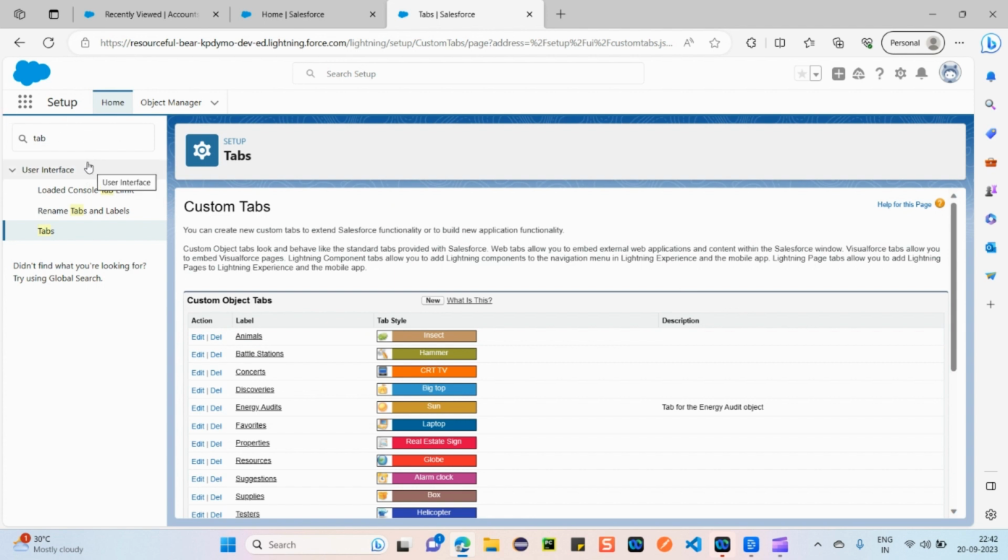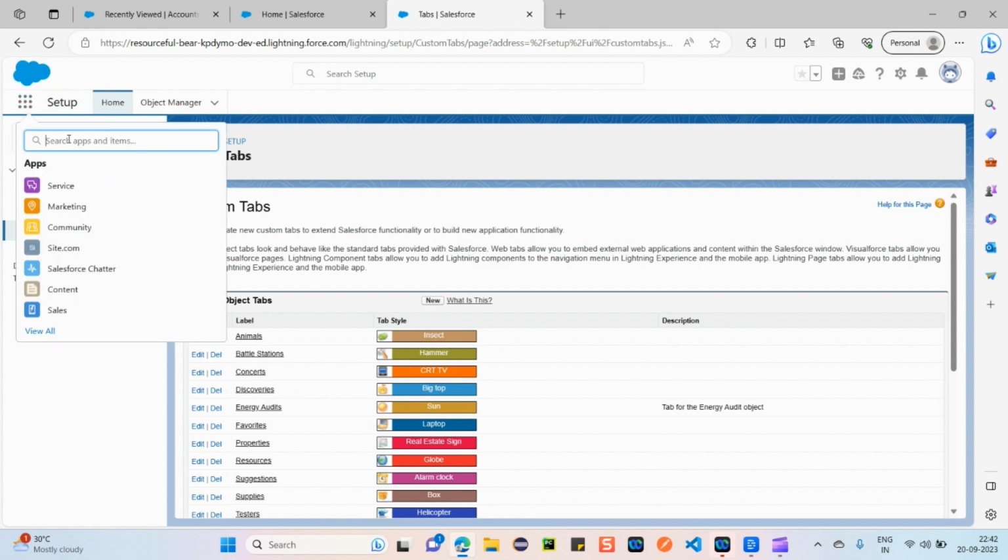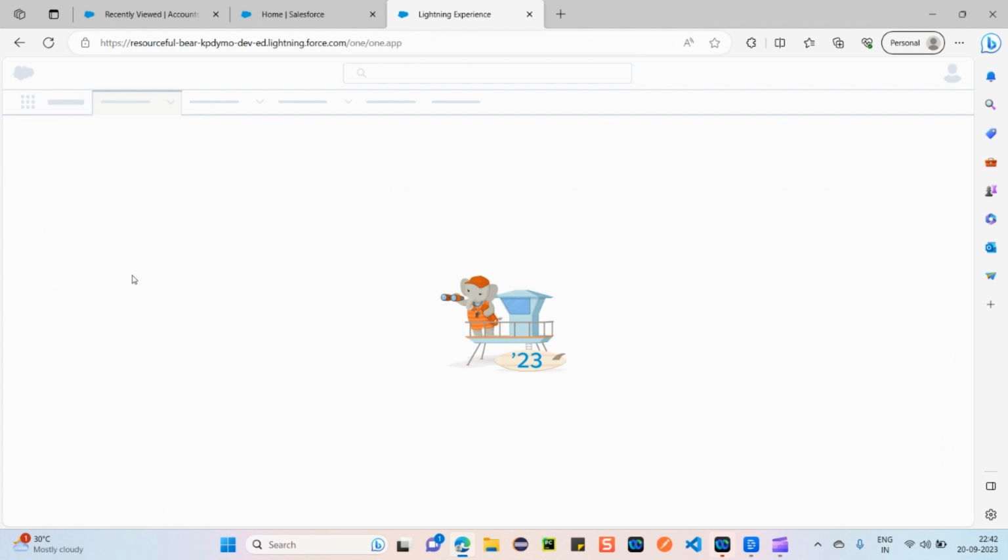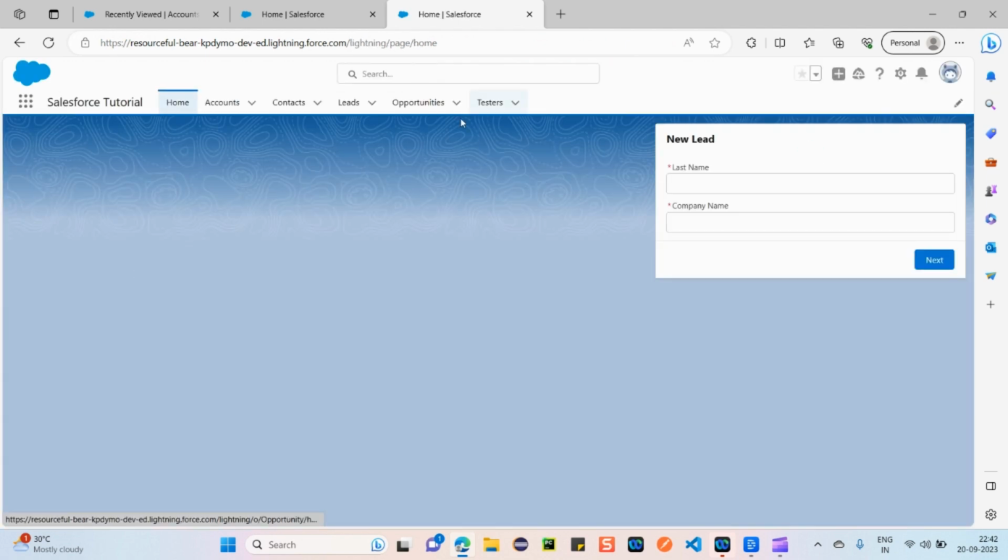Now let's check whether it's working or not. Okay, click on App Launcher. Just navigate to Salesforce tutorial app. Superb, you can see here, right? So this is the new app which I have created earlier in my earlier video. If you want, you can check that video as well, guys. That's a very cool video on how to create a Lightning application from scratch on Salesforce.